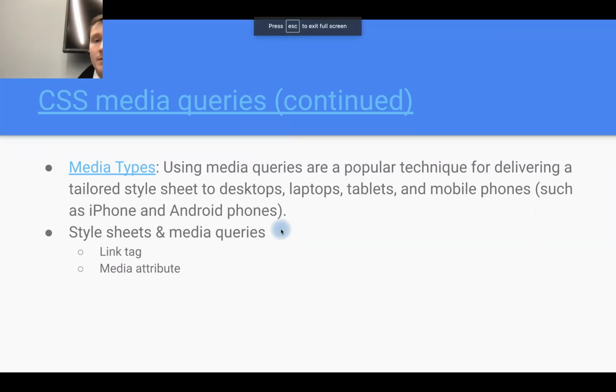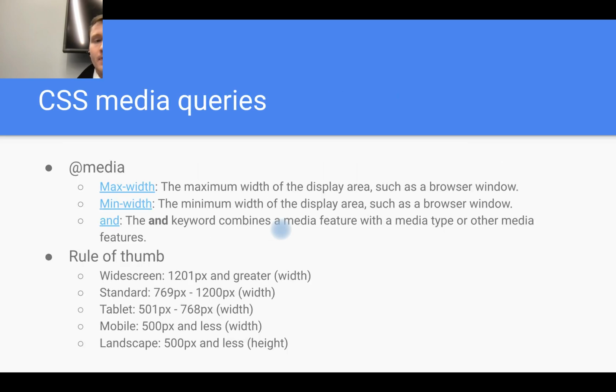All right. Media queries are a popular technique for delivering a tailored style sheet to desktops, laptops, and mobile phones. We covered max width, min width, and the and keyword. And the and keyword combines a media feature with a media type or another media feature. If we go to the example that we looked at in class,